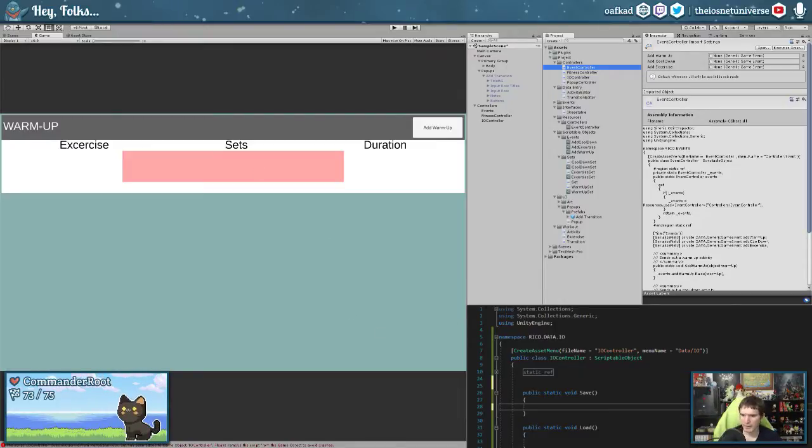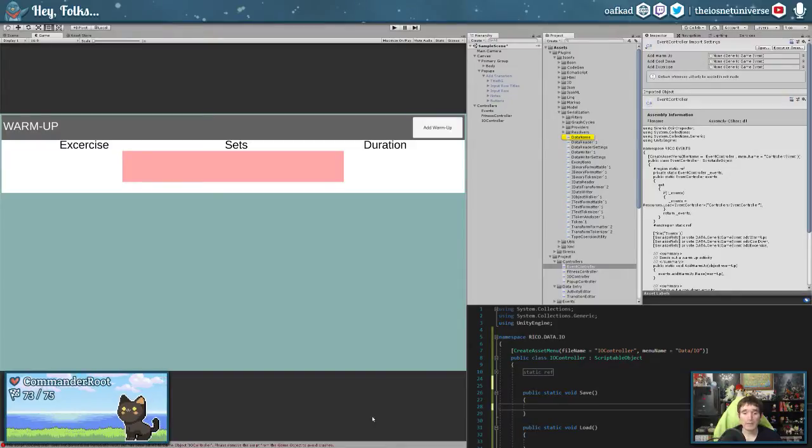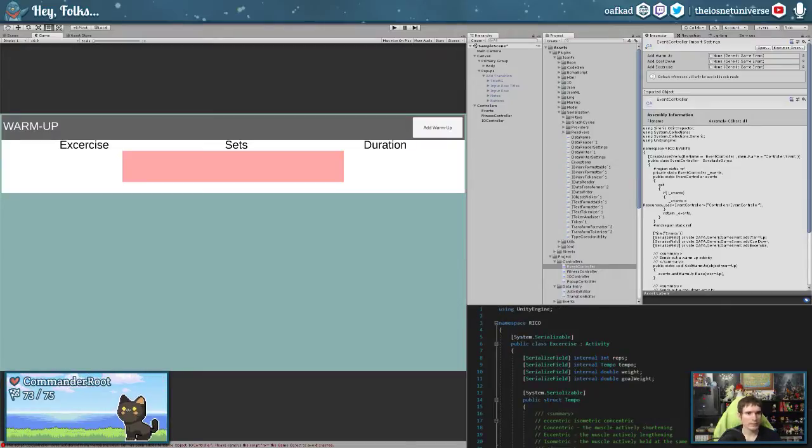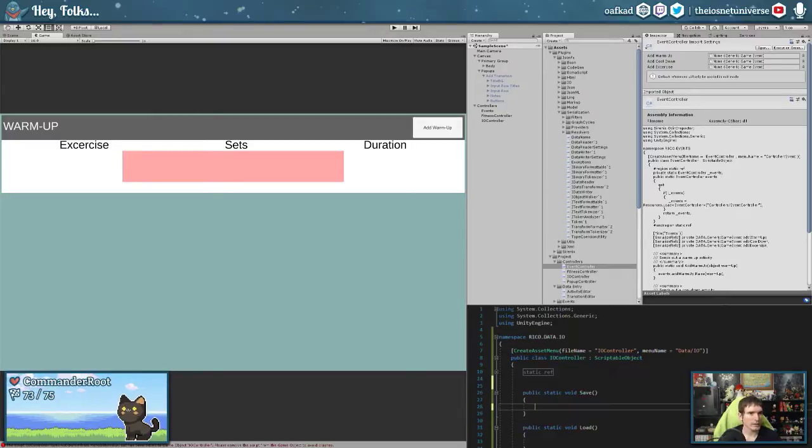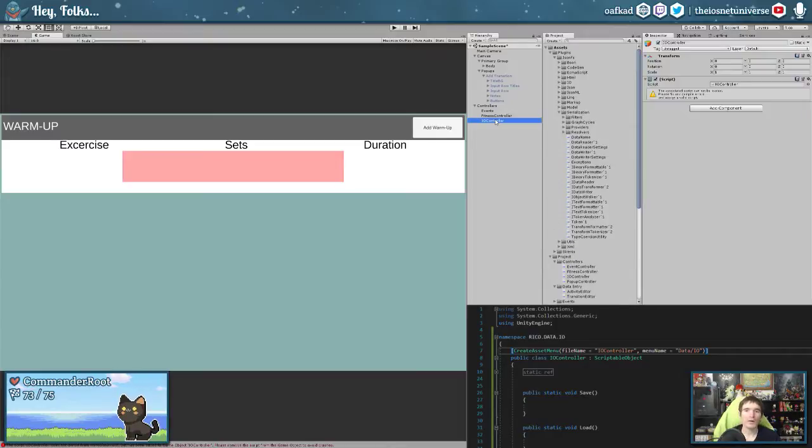And we got some complaints over here about the I/O controller that we will figure out in a moment. Public class, scriptable object, exercise set, exercise, generic game event. So this looks fine. Come over here, and we will compare them, and nothing looks wrong. That was actually probably a little bit loud. I see what's wrong here. It was complaining that I had attached it to an in-scene object when I shouldn't have, because it's no longer a MonoBehaviour. That is fine.